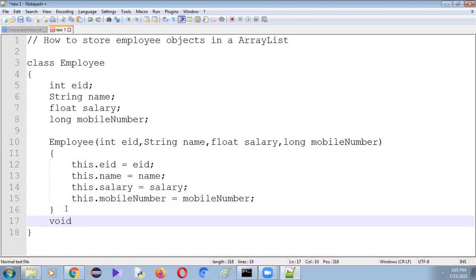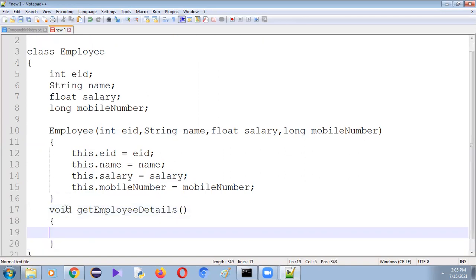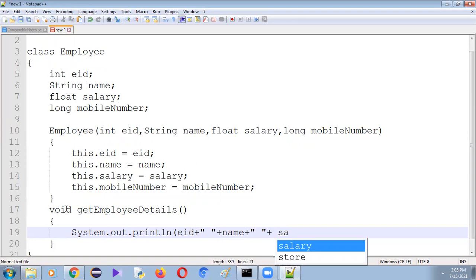Let me write one more method called void getEmployeeDetails, where it has to display the employee details. System.out.println EID, followed by a space, followed by name, and followed by salary and mobile number.